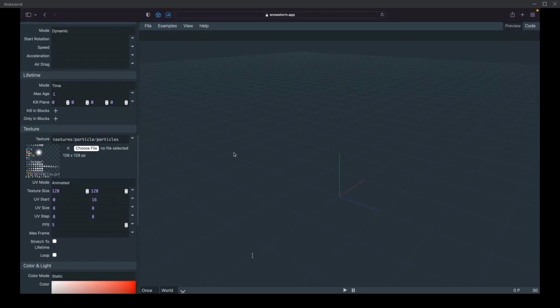So I would view them as a cheap way of adding extra quality into your map without too much performance cost. If you can get away with using particles for something, absolutely do, because they're very lightweight, even if they're animated, and even if you have some crazy things like collision going on.